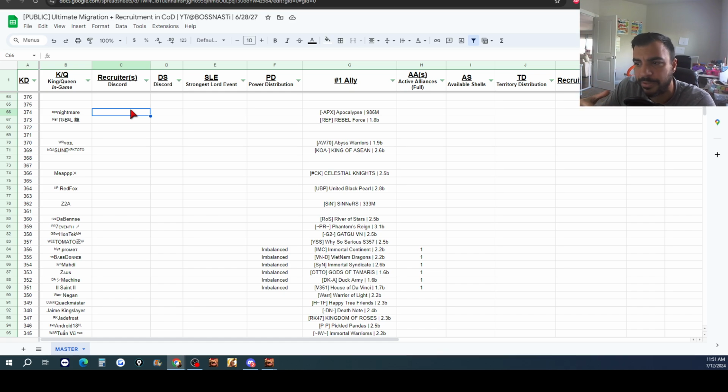And so I'll probably just be focusing mainly on a couple of data sets, which is the name of the king or queen, the number one alliance, the balance or imbalance on the power distribution, maybe active alliances as well. So probably those four or so categories, but everything else, again, I'd love to add information here. So if you're someone from that kingdom, you're in that alliance, you're the king or queen, you're the main recruiter for the kingdom or that alliance, reach out to me and you can hit me up with the